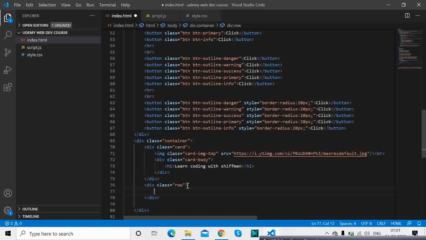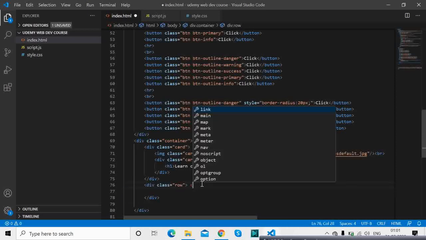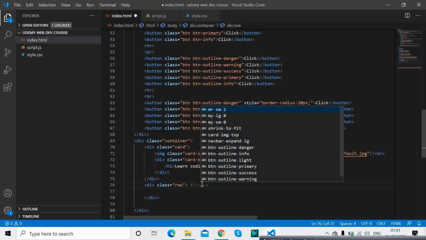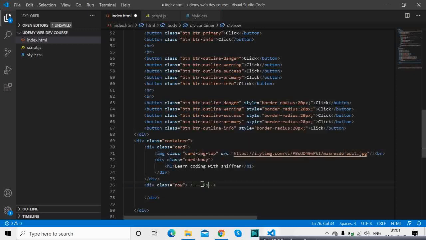So this is the row, and you need to keep in mind that a row is counted as a total of 12. Okay, so 12 columns.